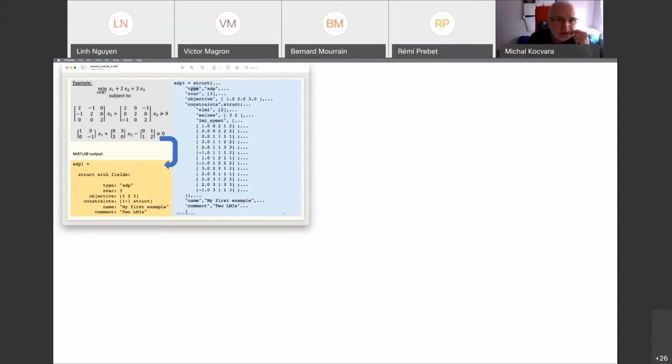Then the constraints are stored in that structure where the number of linear matrix inequalities is 2, the size is 3 and 2. And here we have all the matrices in the sparse format. For instance, the 0 matrix, so here we have the constant matrix, which is like a 0 matrix, and the 0 is on